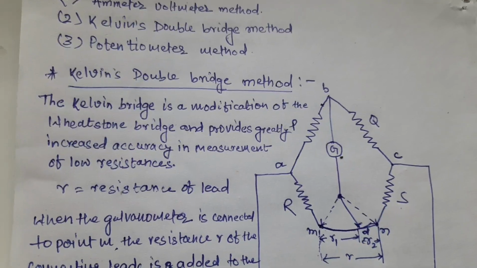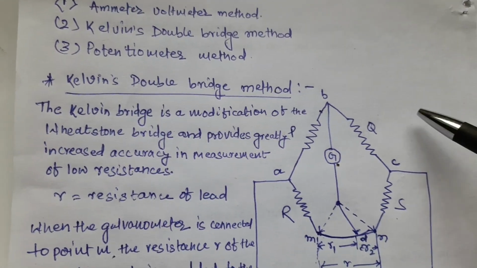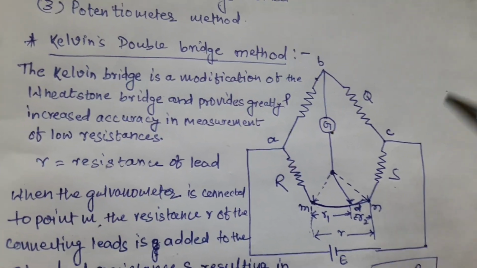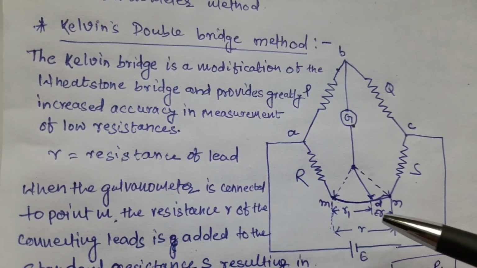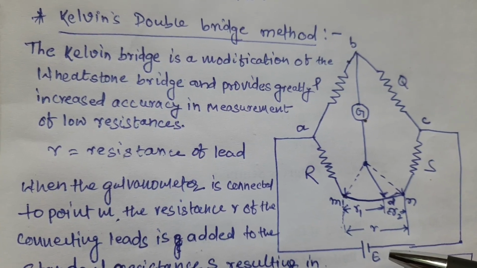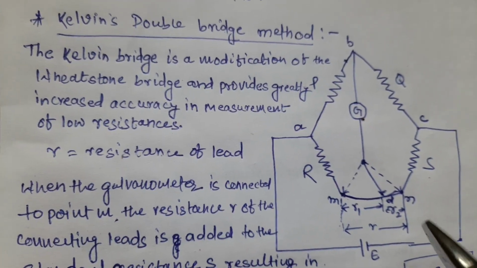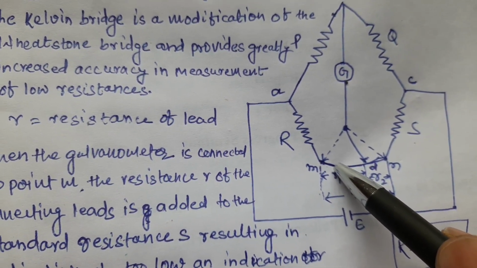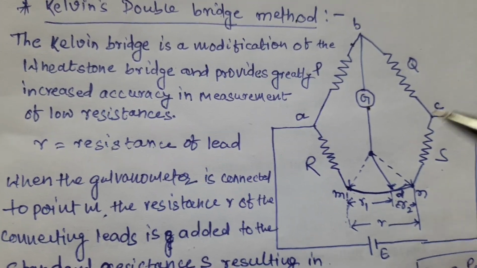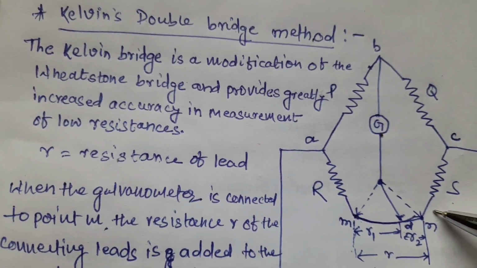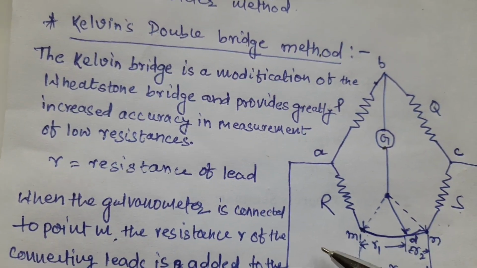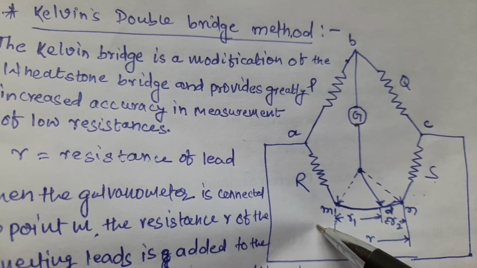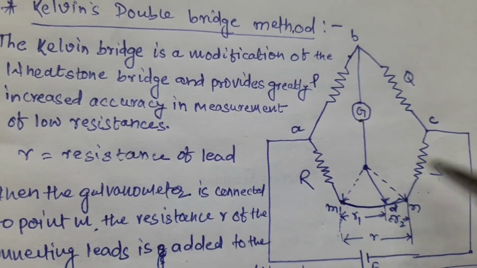If you want to measure low resistance using the Wheatstone bridge, suppose this is the Wheatstone bridge having arm resistances P, Q, R, S. A galvanometer G is connected to point M or N. Suppose there is a connecting lead that connects the unknown resistance R and the standard resistance S. The other terminal of the galvanometer you have to connect either at the S side, that is point N, or at point M. Because we have to measure low resistance, from 0 to 1 ohm, the wire resistance causes a huge error